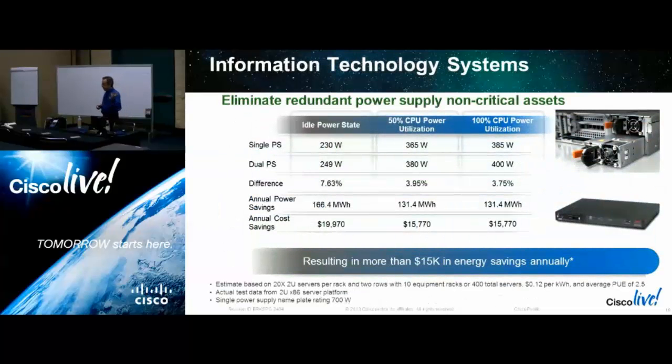Now, you look at this and you say, remove redundancy, are you crazy? You know, resiliency is everything, right? Now, I happen to agree with that. But there are cases where you have some test sandbox somewhere that, you know, it's really not that important. If the thing goes down, it goes down. No, there's no real harm. Okay, so in that kind of a situation, yes, you can pull some of the extra power supply out. You can spec non-redundant, but the reason I like this slide is not for that.